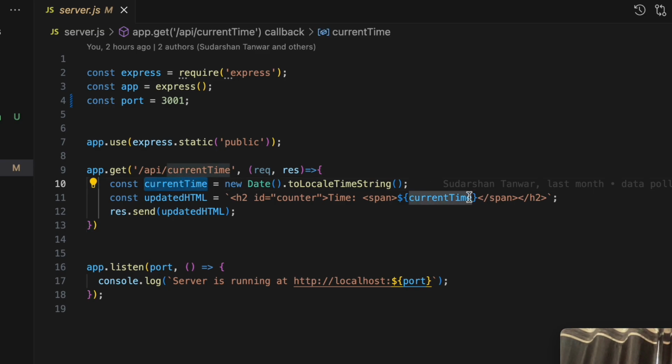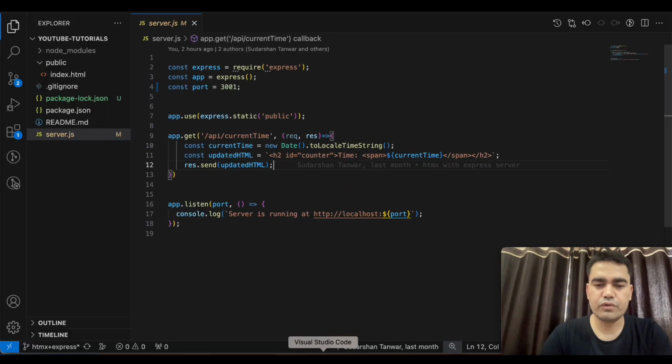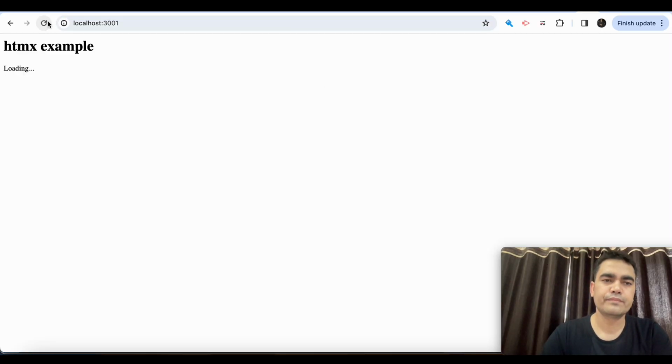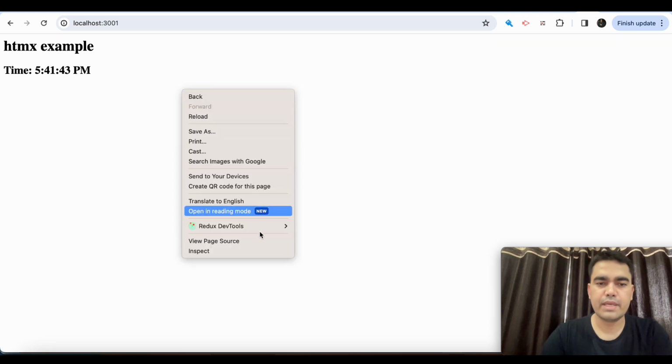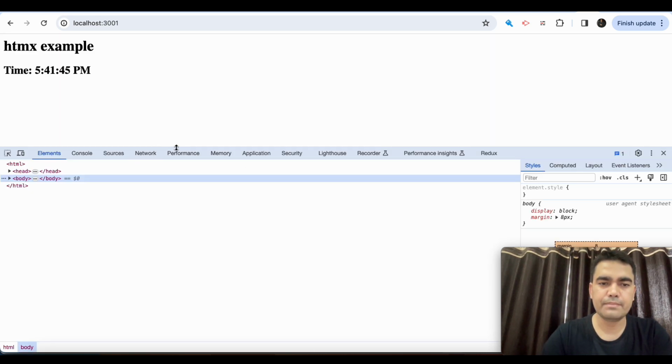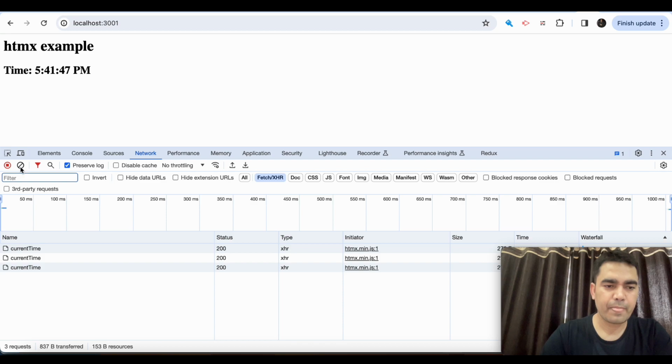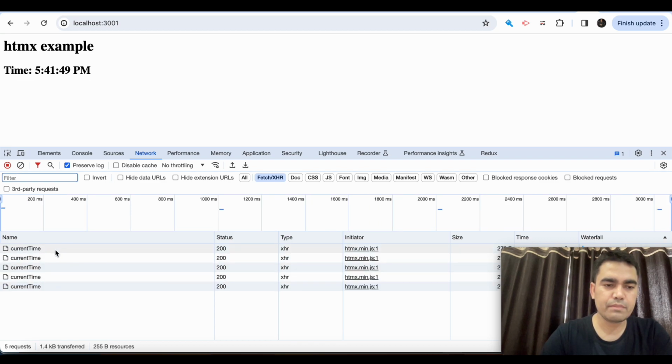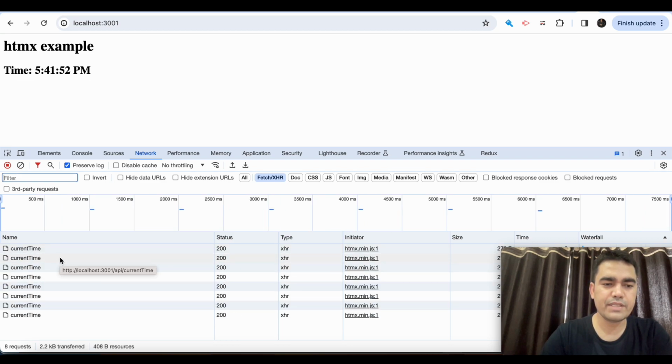So this is the current time. We are appending the current time in this h2 tag and giving the updated HTML, sending back this updated HTML to the browser. And if I show you on the browser, okay, here in the network tab, yes, you can see the frontend is making an API request every 1 second,